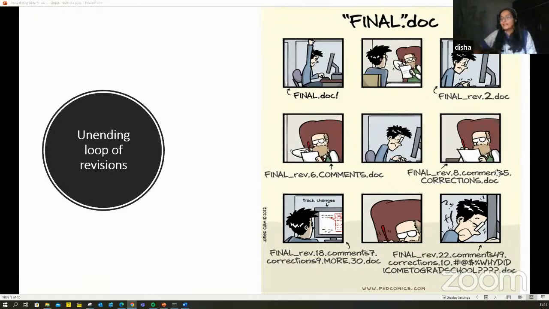वो फोल्डर फाइल एक्सप्लोरर अगर आप विंडोज का देखोगे तो आप कंफ्यूज हो जाएगा कि रियली फाइनल वर्जन कौन सा है, क्योंकि हर नाम में मैंने फाइनल डाला है, बट विच वन इज द really really final version, right? So you get into this loops of revision, and this is not just relevant to programming but any kind of file system management kind of a thing. But this problem gets even more critical जब आप प्रोग्रामिंग या कोडिंग करते रहते हो. Okay, and how that would happen we will discuss throughout the session.